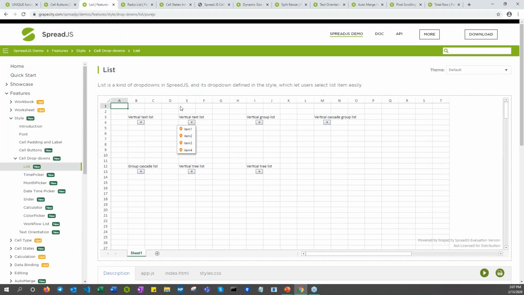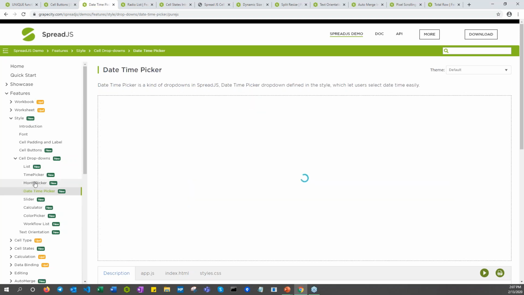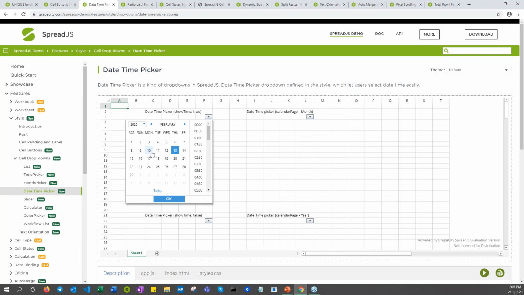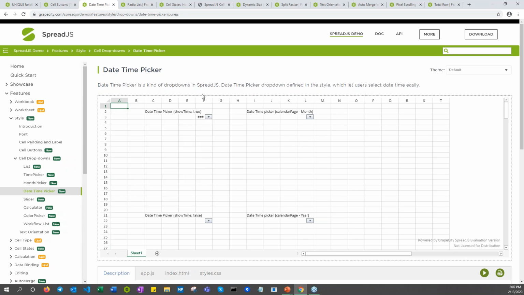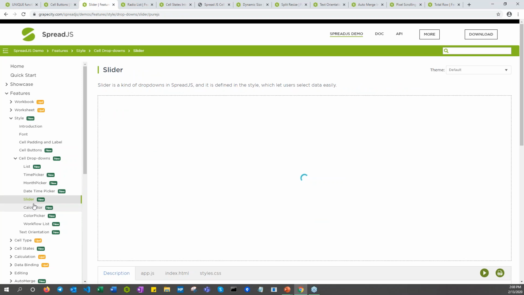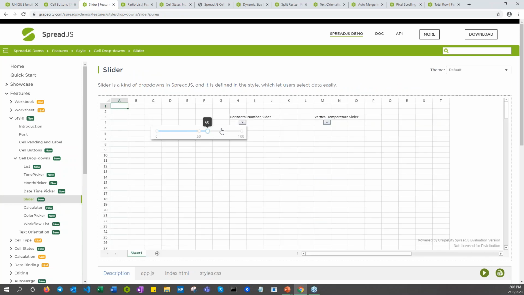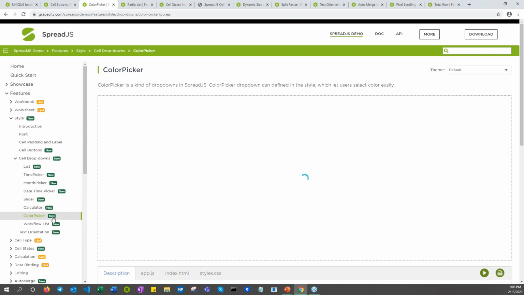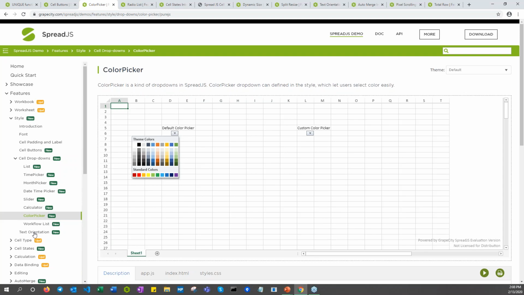So here we have some simple list drop-downs. You can just have text. You can add icons to that text. You can have different groups and trees. We also have the date time picker, which essentially allows you to pick a specific date to show in the cell. A slider to select a number, and you can choose what the min and maximum are, as well as the different iterations of numbers. The color picker, as you just saw,